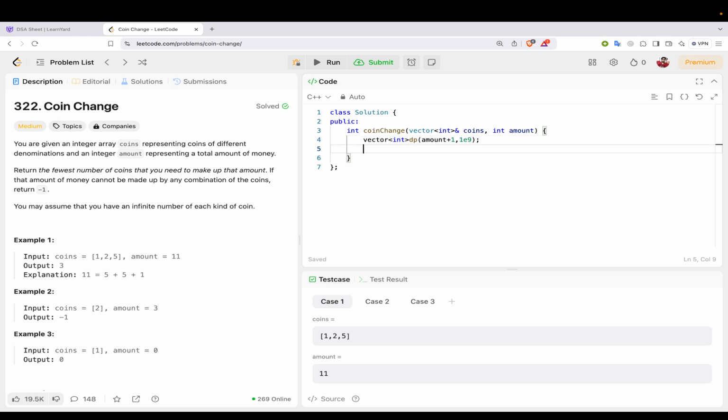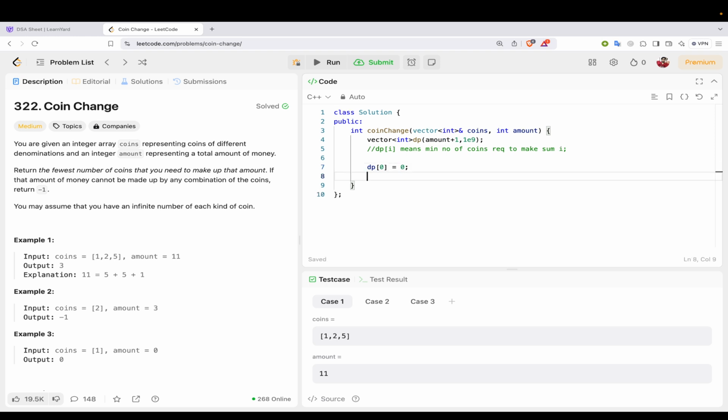Now what it means, so let me say dp of i means minimum number of coins required to make sum i. Now we know that dp of 0, 0 रुपये बनाने के लिए we need 0 coins needed, ठीक है।